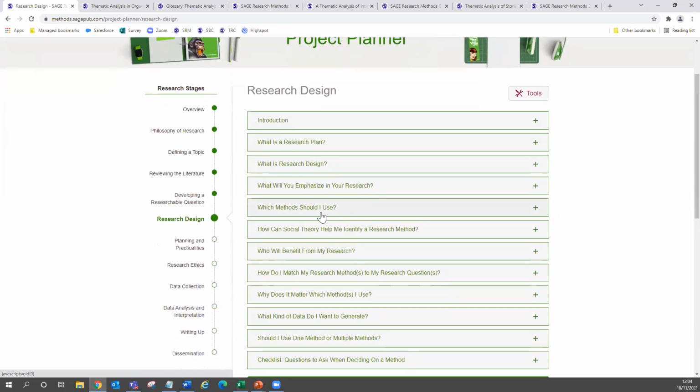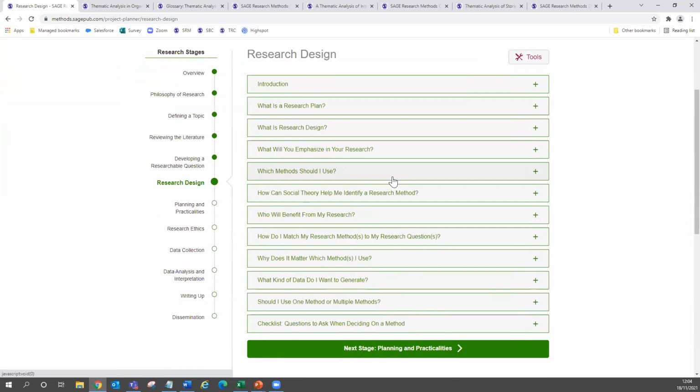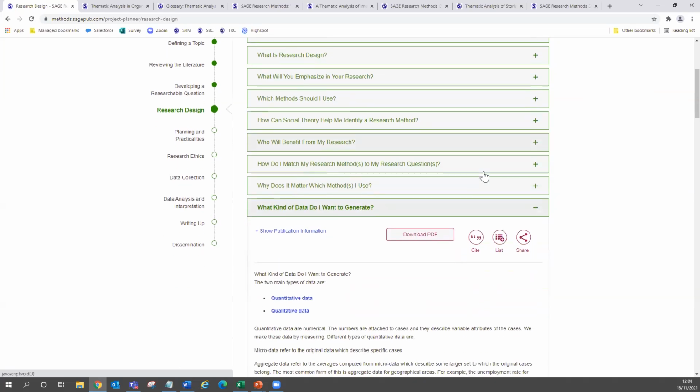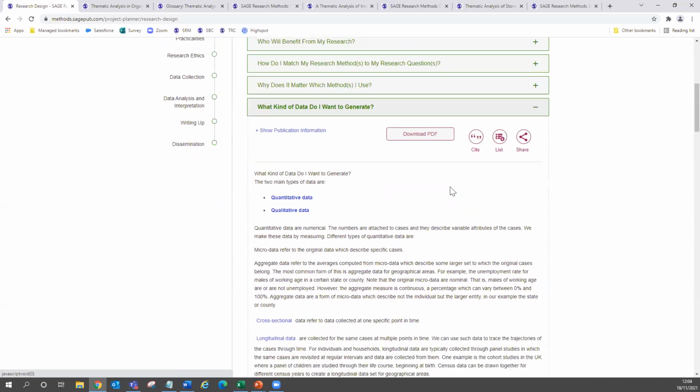So for example, I'm in research design. Which method should I use? What kind of data do I want to generate? Should I use one method or multiple methods? So examples of questions you might be asking as you approach your research. If I click on what kind of data do I want to generate,